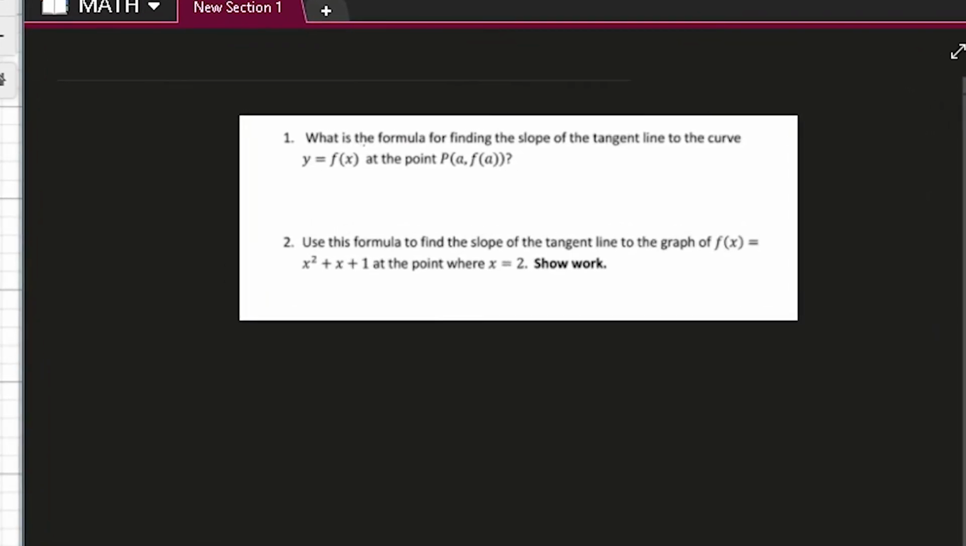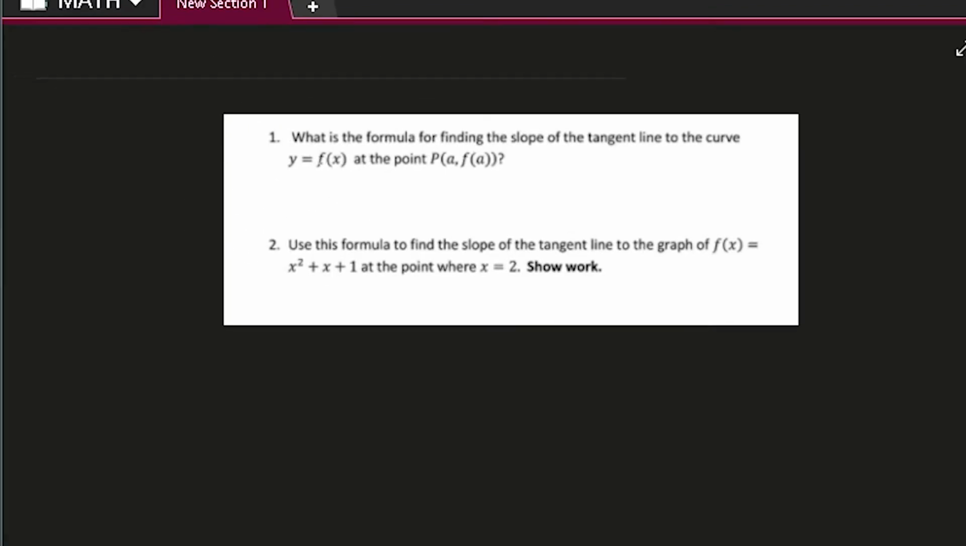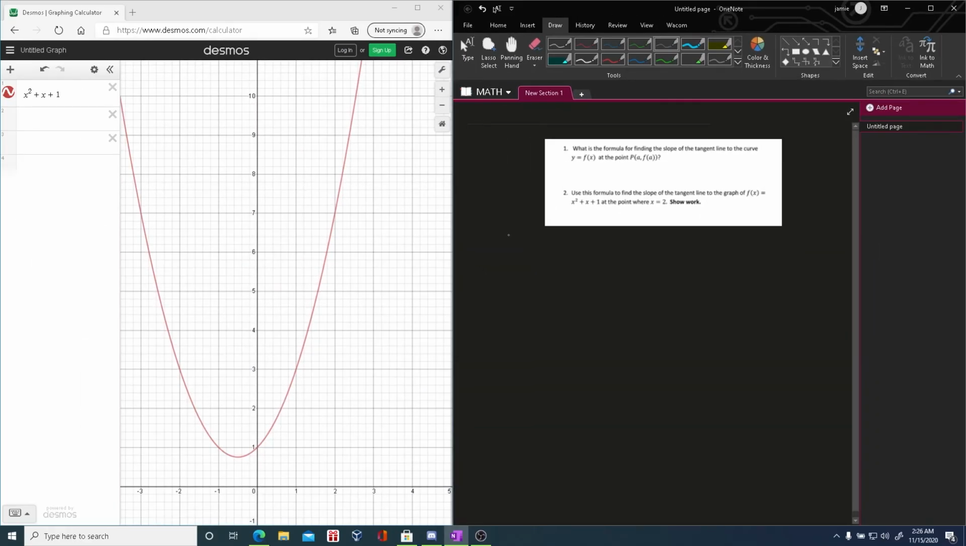Alright, what is the formula for finding the slope of the tangent line to the curve y equals f of x at the point P, a, f of a? So this is the general case, where they want you to find a generalized formula. And what we're going to look for here is